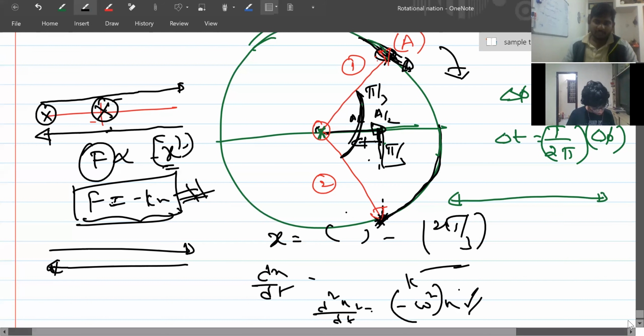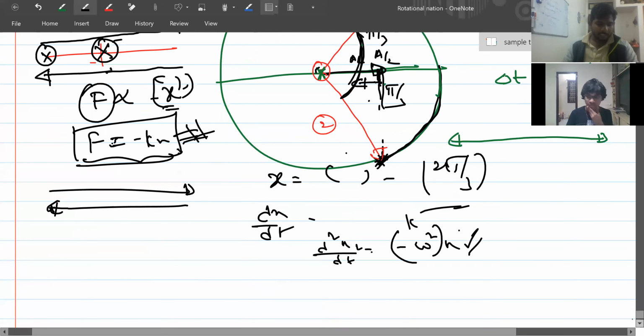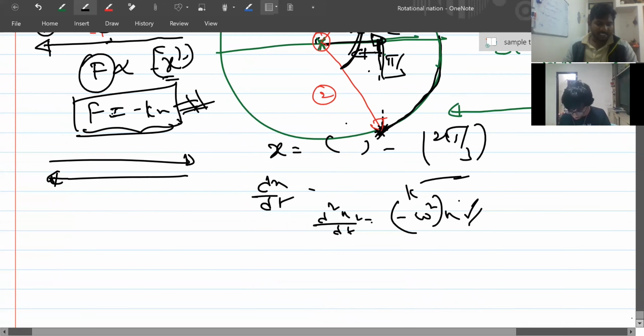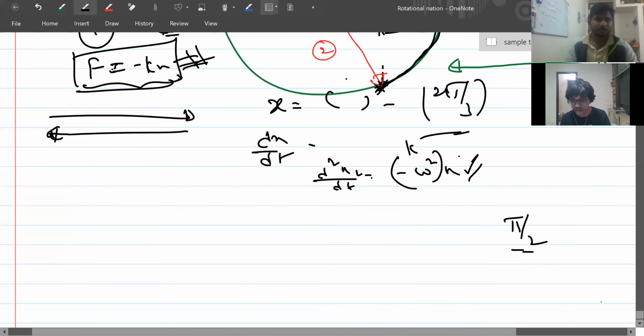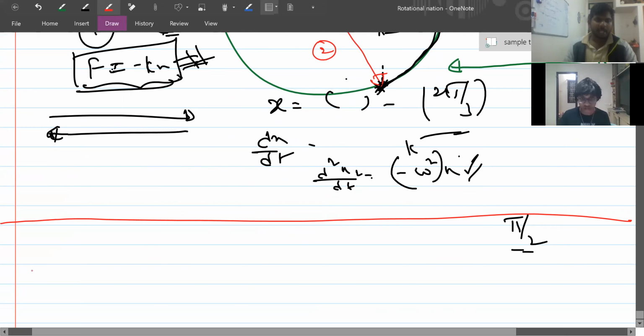So now you see here, the phase difference also like this. The phase difference between the instantaneous velocity and acceleration of a particle executing SHM, velocity and acceleration will be pi by 2. Okay? Is the answer pi by 2? Yes, sir. The third question that you asked, is the answer pi by 2? Yes, sir. I'll tell you why.